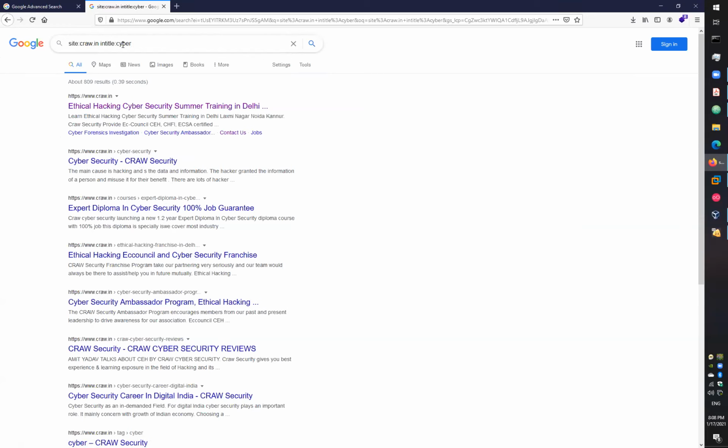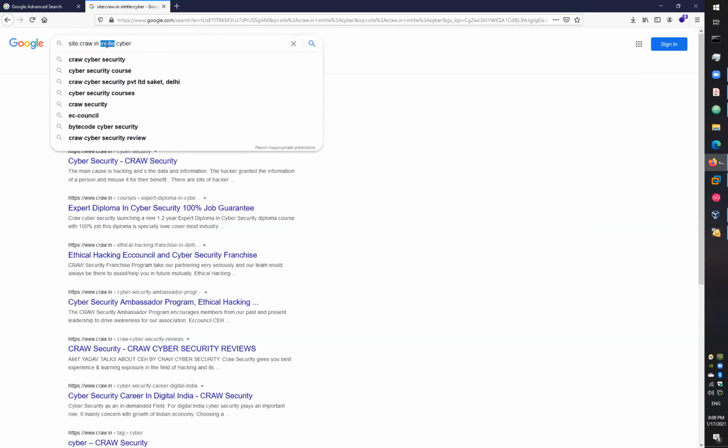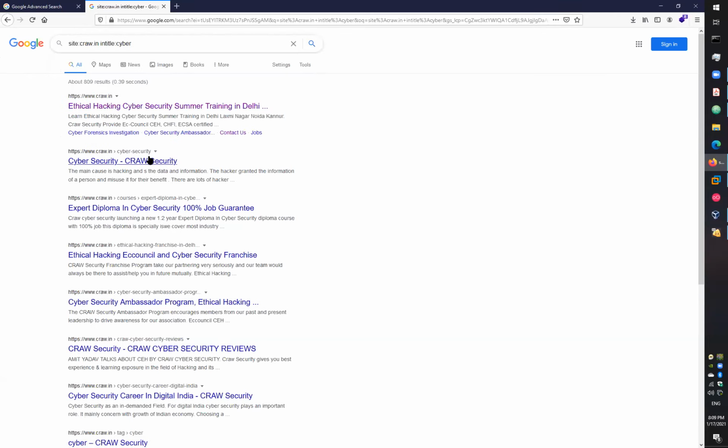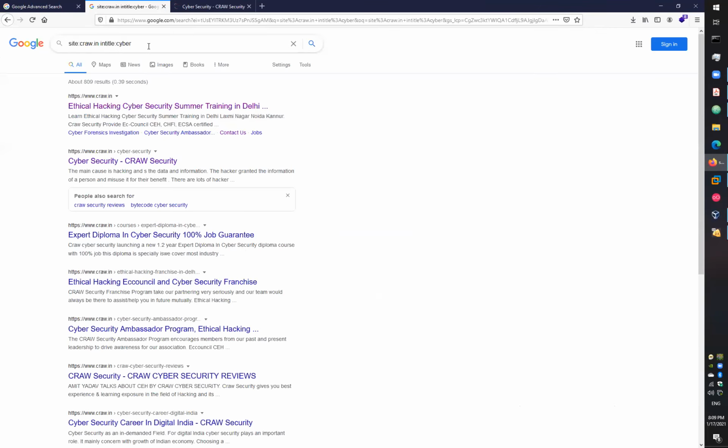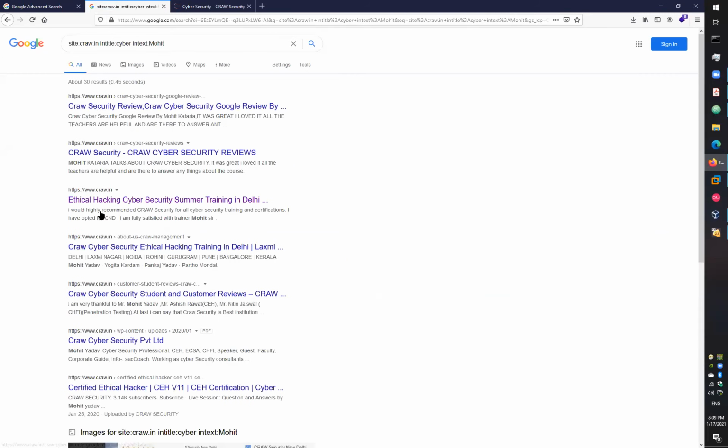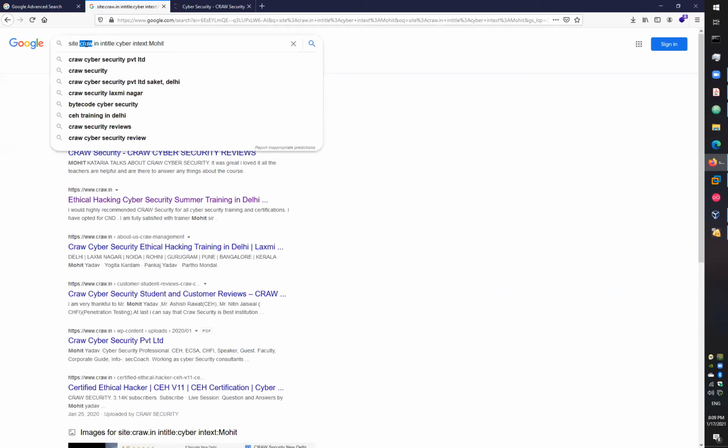If you want to search inside the page text value, like if I open a page and want to search inside the page text with Google, for that part what you can do is apply a filter. We call it intext. All these links I get, all the 30 results, have pro.in as their domain, contain cyber in their title part, and have Mohit in their text values.